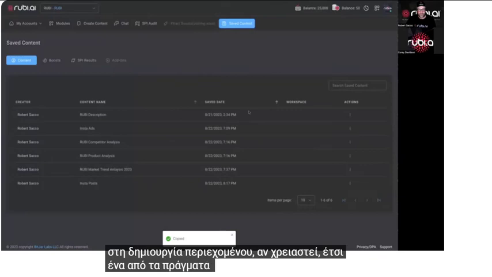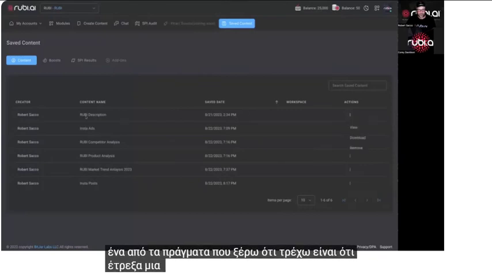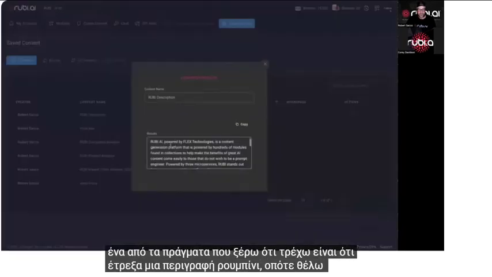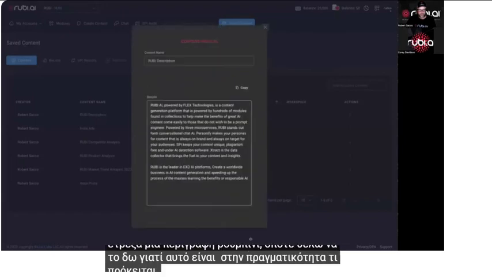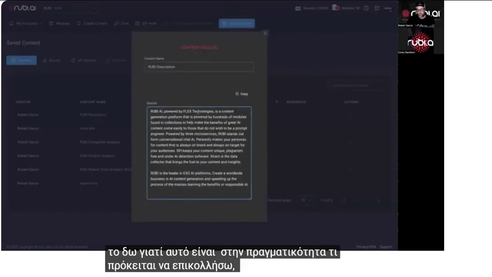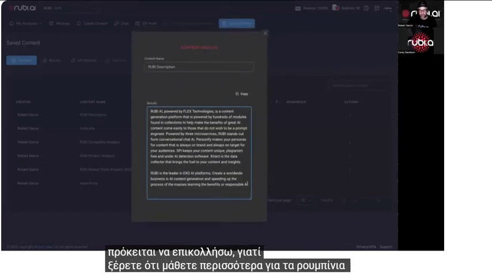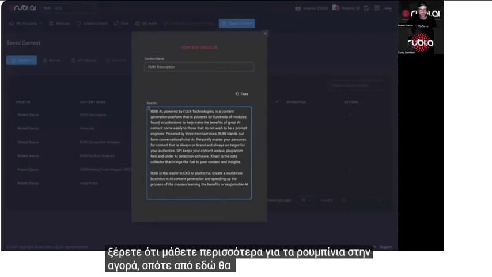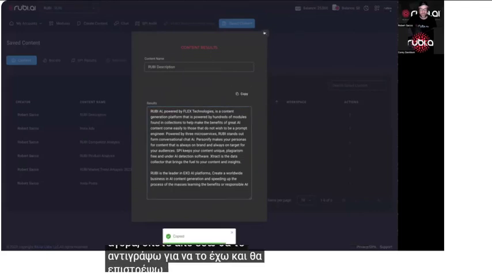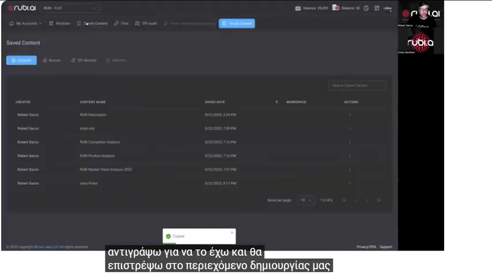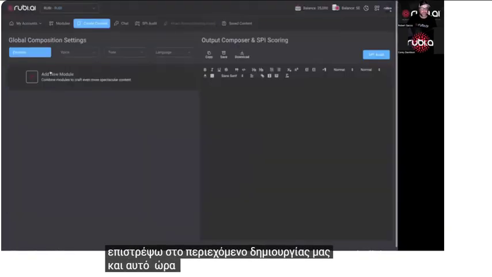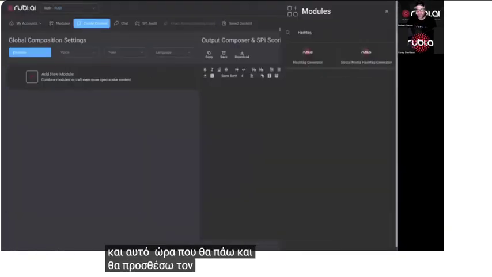So one of the things I ran is a Ruby description. So I'm going to look at that, because this is actually what I'm going to be pasting in for learning more about Rubies in the market. So from here, I'm just going to copy this so I have it, and I'm going to jump back into our create content. And this time I'm going to go over and add my